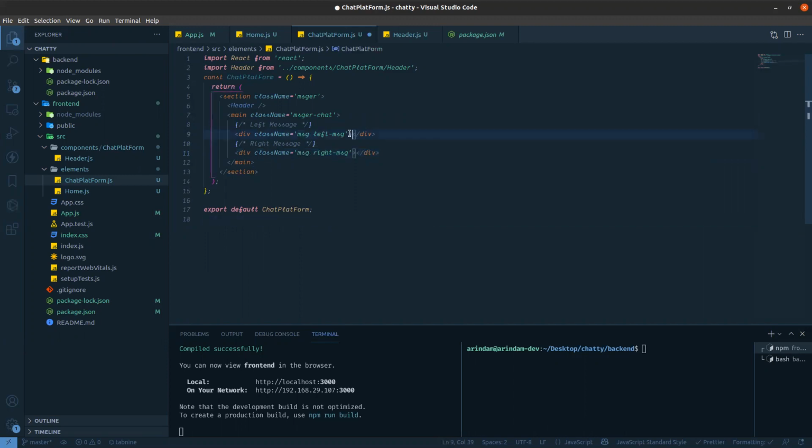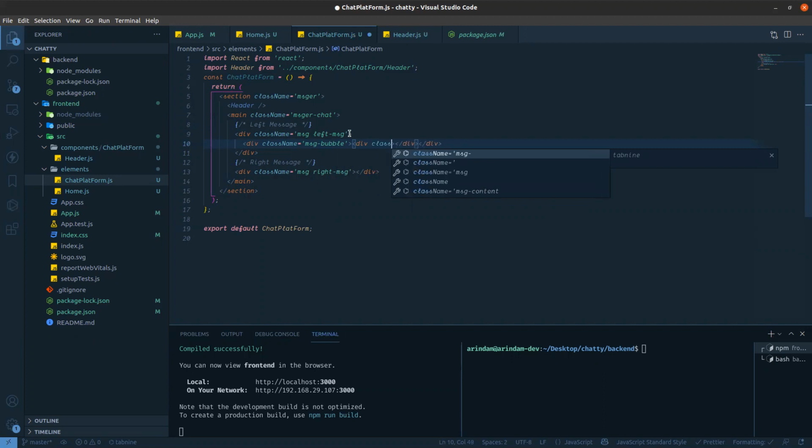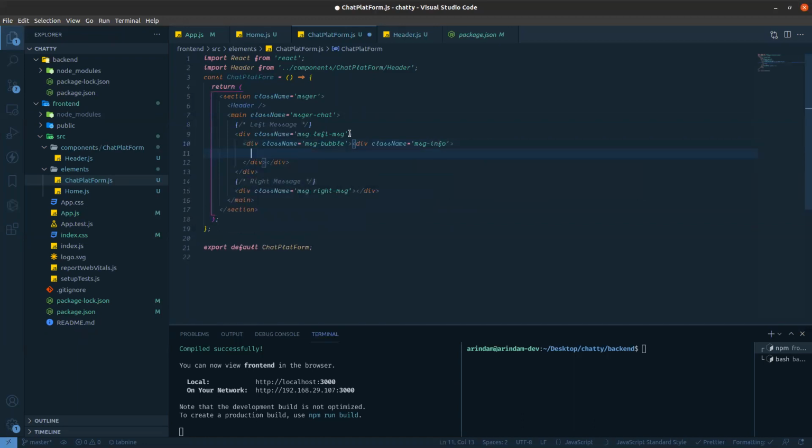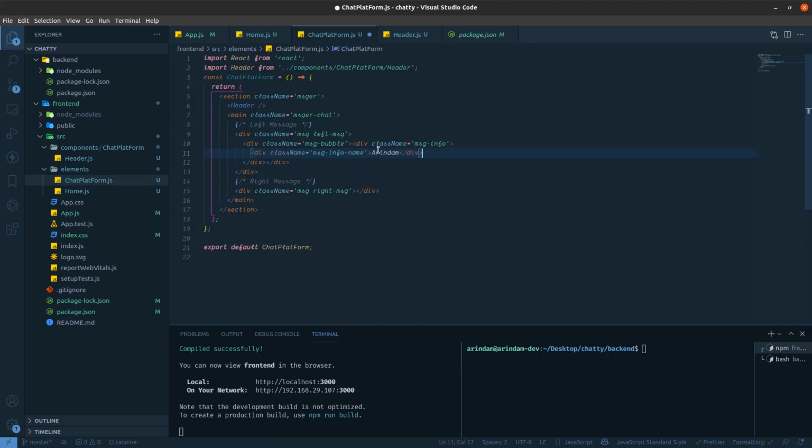And in this we are getting a div with class name message bubble. In this div I'm getting another div, whose class name is message info, and in this div I'm getting another div, which should be message info name, and this is the name.